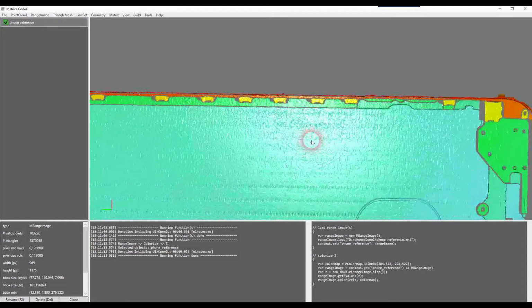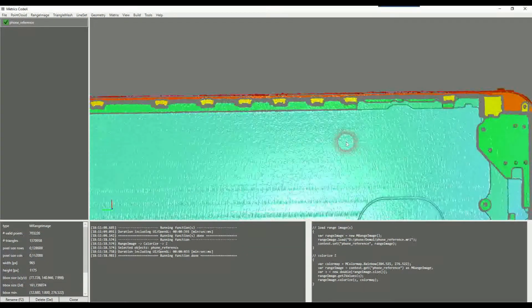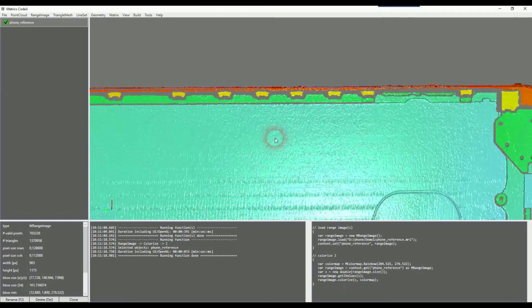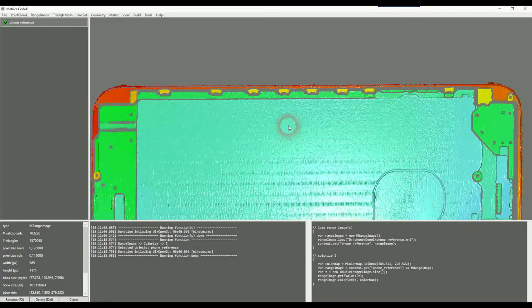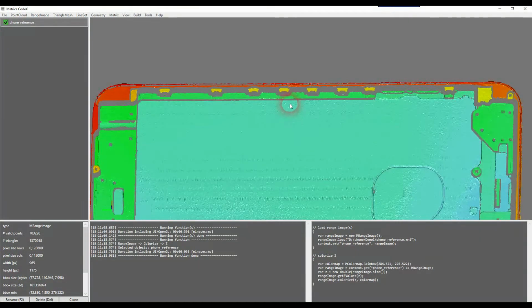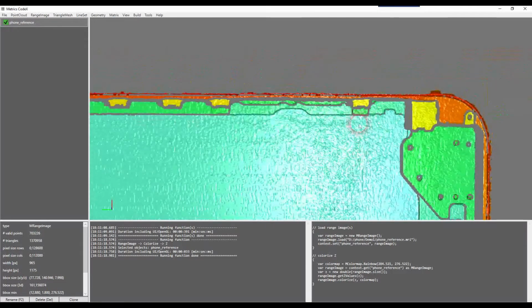To have a better impression of how it looks like, I'm going to visualize the C values with a rainbow color map. And what we will do in this demo is just measuring the height of these steps in a very simple way. So usually for an inspection program, you have a reference from a CAD model or from a reference scan, and then you define some reference positions and parameters that you use in your inspection program for the scans. So this is the reference scan that we use, and we define the positions where we want to inspect